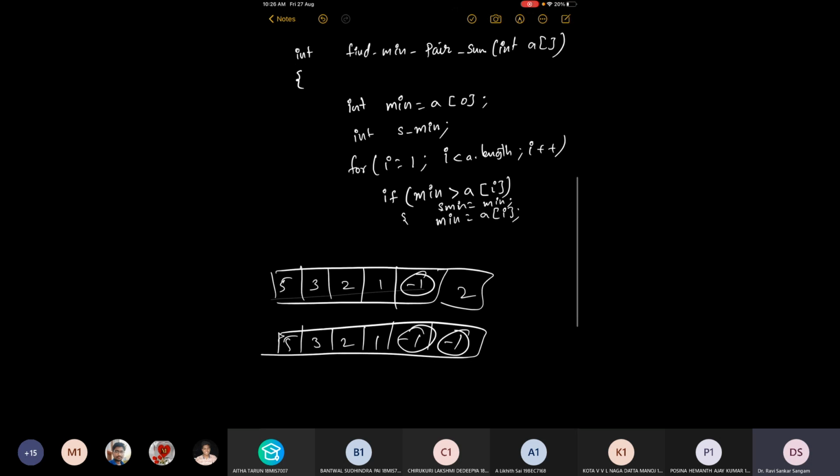Though this is a simple problem to understand, why I'm considering it this way is that, in reality, when you're developing the logic for a program, you will consider whatever first test case is given, and based on that you will develop your own logic. But sometimes we have to update our conditions so that it passes all the test cases.